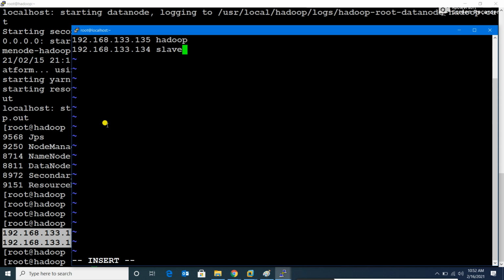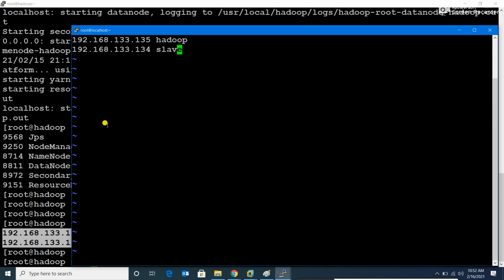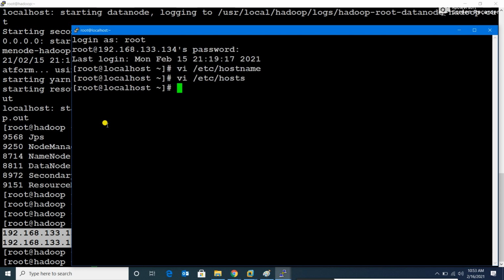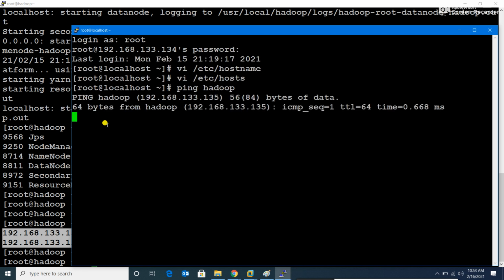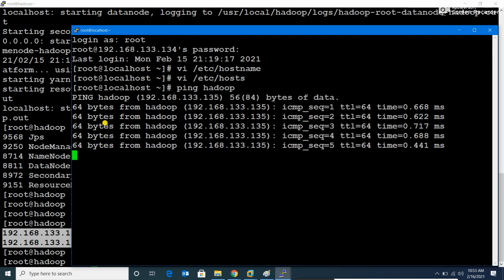So I have changed the host name and I have added the IP of the Hadoop machine also, with Hadoop's alias name here, so that if I want to ping Hadoop, I should be able to ping Hadoop. I need not type the whole IP address.